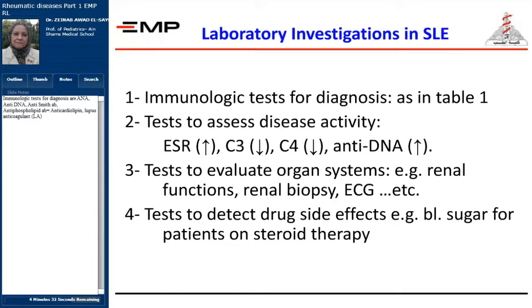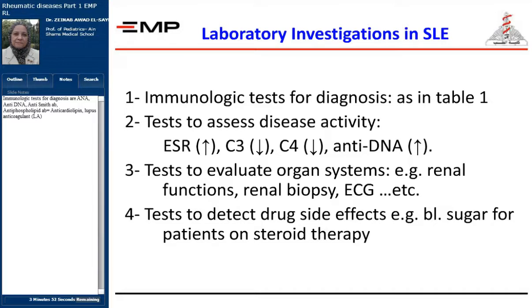How are we going to investigate a patient with lupus? First, you have to do the immunologic tests that I have mentioned in the table. You have to assess disease activity to see if the patient is passing through an exacerbation or not. A high ESR, consumption of complement 3 or 4, and a high anti-double-stranded DNA titer, all these are indicative of the presence of disease activity. Notice here that I didn't put anti-nuclear antibody because it is present early in the disease, but after the patient starts steroid therapy, it rapidly becomes negative,